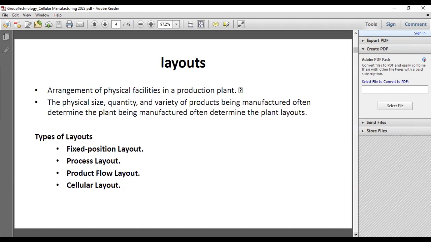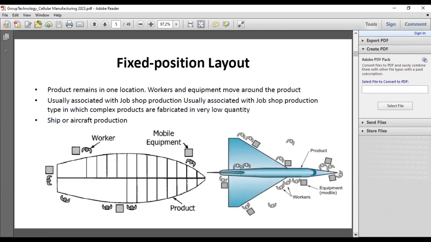So as I said, layout is an arrangement of physical facilities in a production plant. So the layout types can be a fixed position layout, process layout, or product flow layout, or we have cellular layout. So these are the four types of layouts. So what's fixed position layout? Fixed position layout is the part remains at the same position, and workers or the group of workers will move